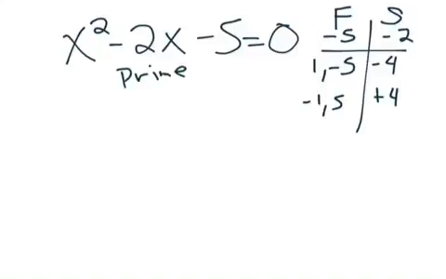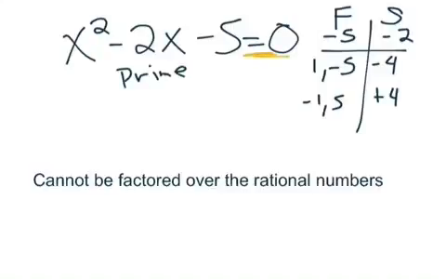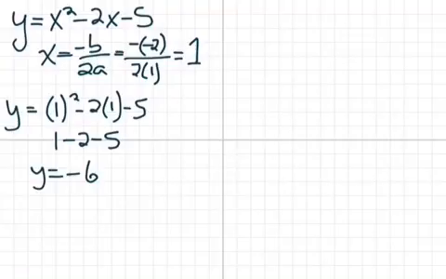What that means for a quadratic equation is that it cannot be factored over the rational numbers. So we don't know for sure here that there aren't solutions to this equation. We just know that we're not going to be able to find them using our integers. Because if we go ahead and graph this equation, so here I've taken this equation, I've identified the axis of